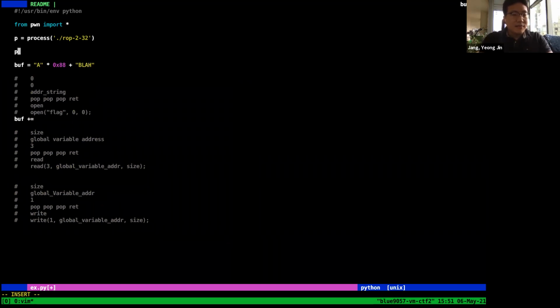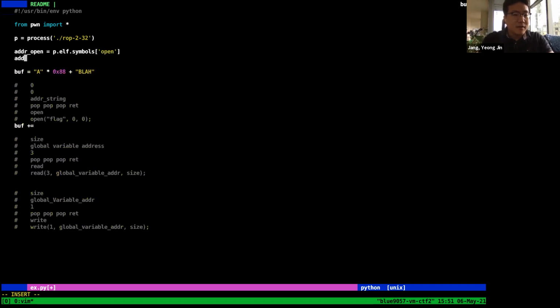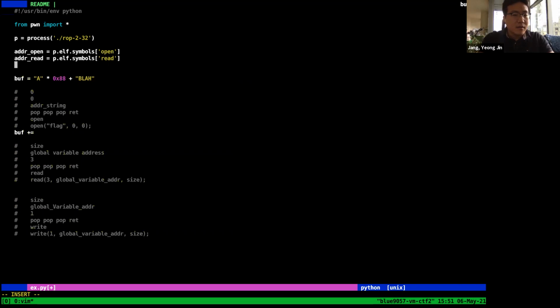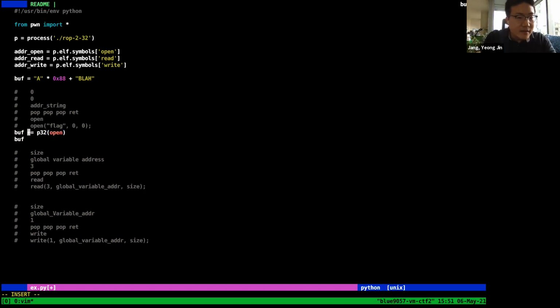But before that, we need to get the address of the open as p.elf symbols. Open address, address of the read, and address of write, p.elf symbols. And then we need to put the open first, and then address of open, right? And then